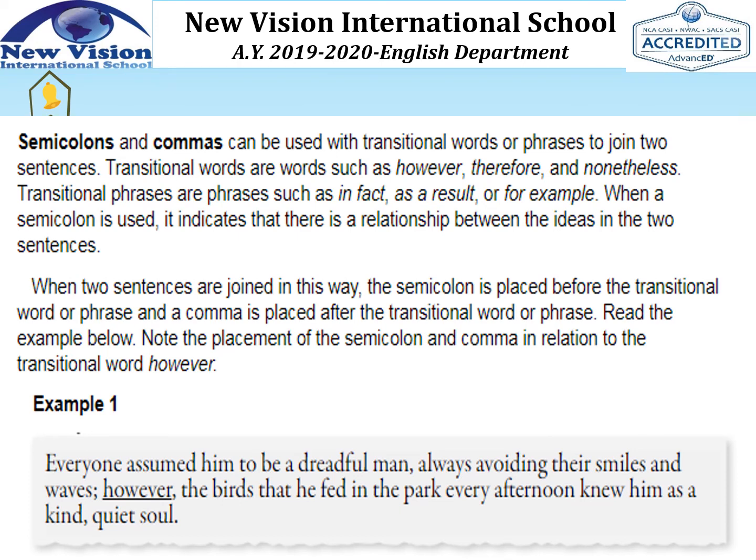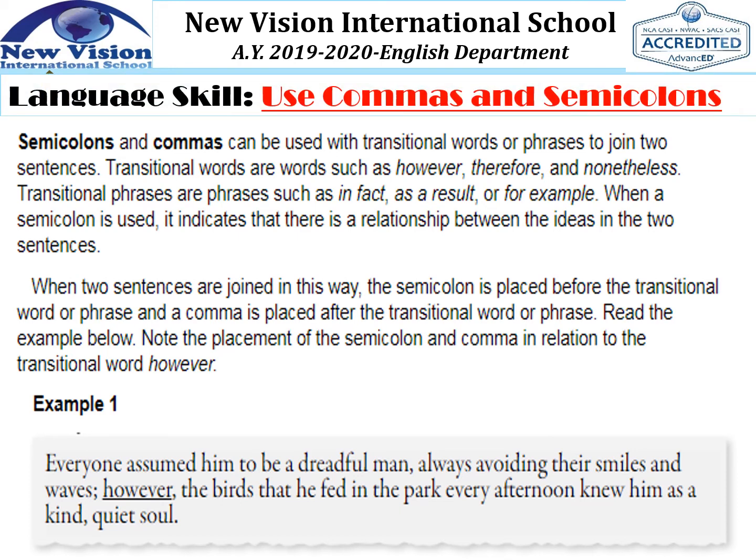All right, in this example number 1, two sentences are joined using a semicolon, a comma, and the transitional word, great, however. The semicolon replaces the period. So we remove the period after the word waves, because from everyone until waves is one sentence. So we remove the period and we replace it with what punctuation? Okay, semicolon. Then to be joined by a transitional word, however,